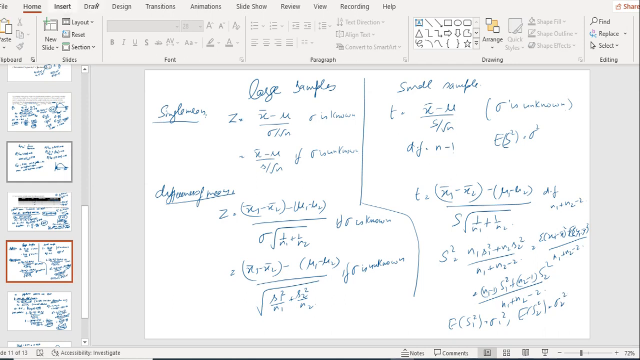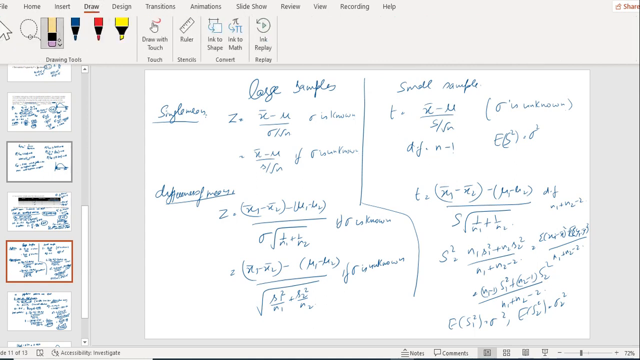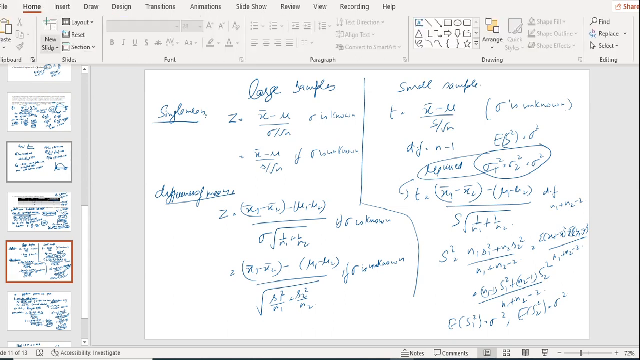Not sigma 1 and sigma 2 different, rather they are the same. This is the necessary condition: sigma 1 equal to sigma 2 is equal to sigma square. This is the required condition if we want to apply the t-test for difference of mean. And apart from this we have the paired t-test, which we have discussed in this particular video only, and